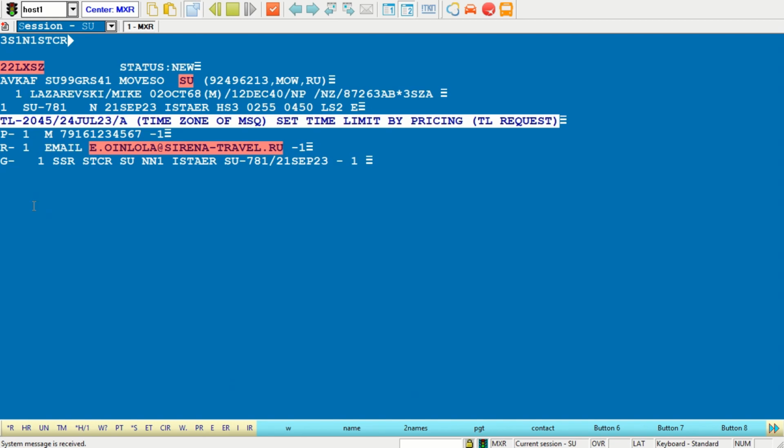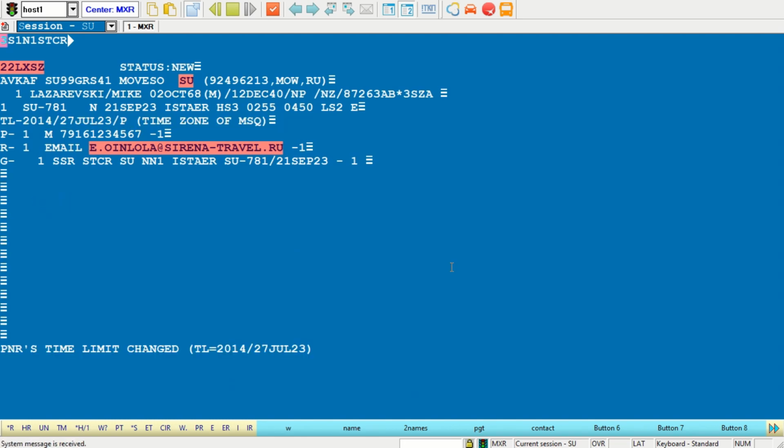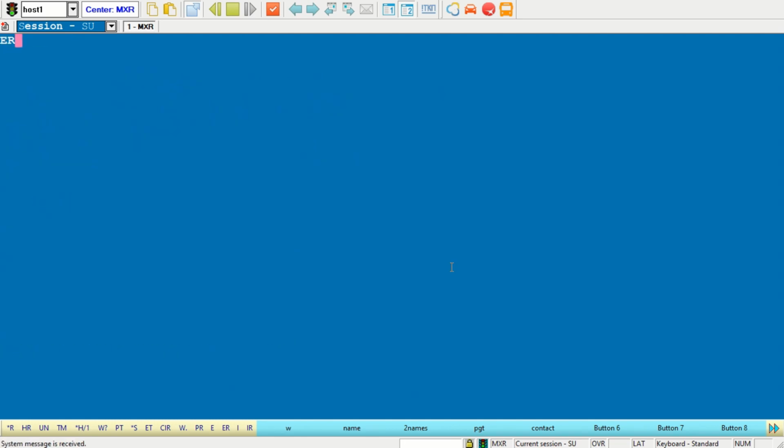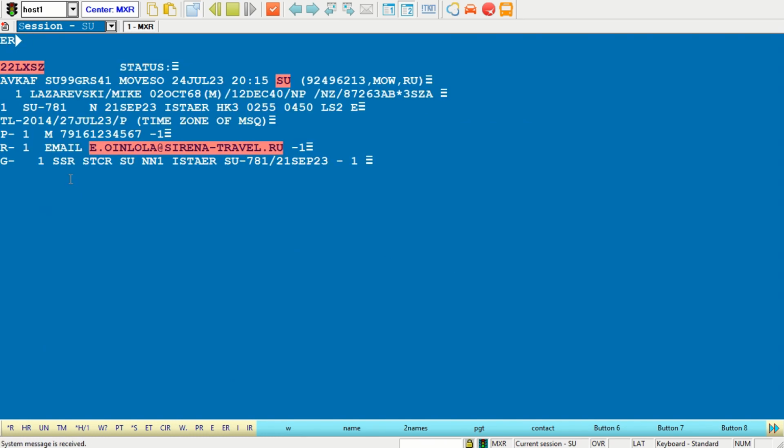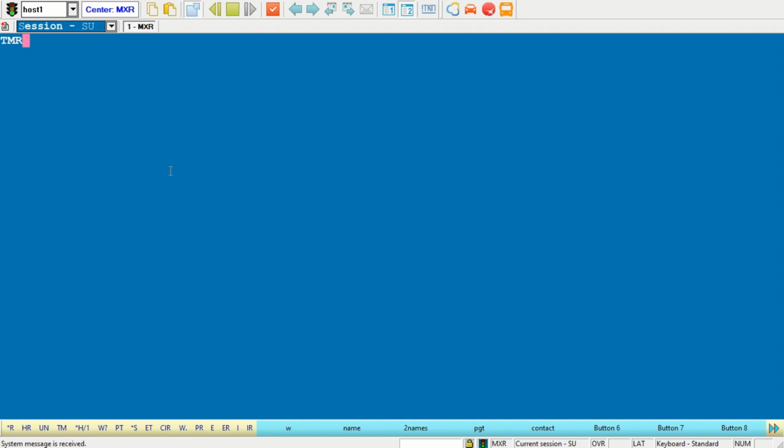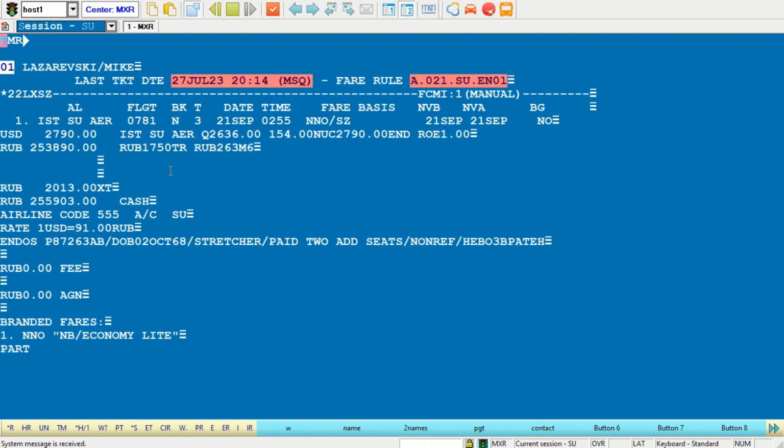Then let's change the time limit in accordance with the fare rule. It will be the TL entry. And then let's save the modification and reopen PNR. Ticketing is allowed when you have HK in SSR stretcher. Now let's price this PNR. The entry will be TMR, and you will see that the system added